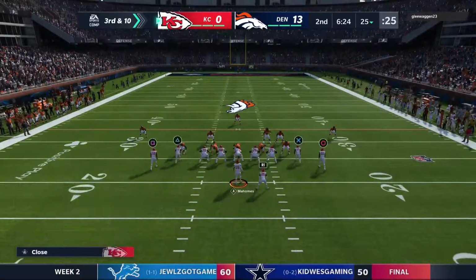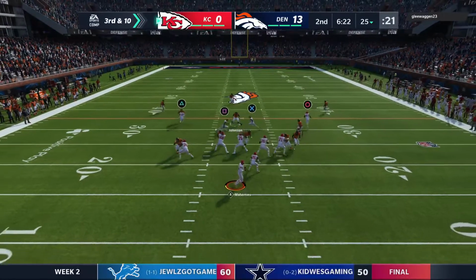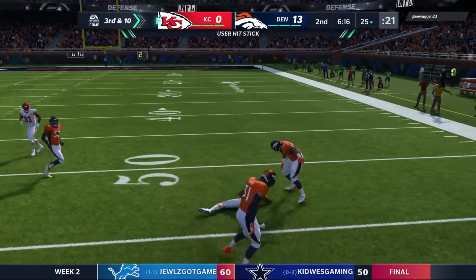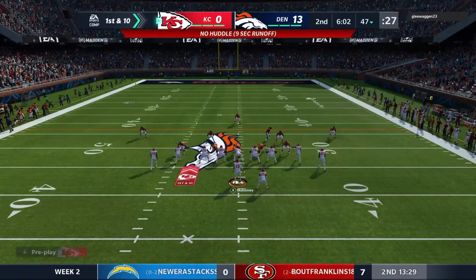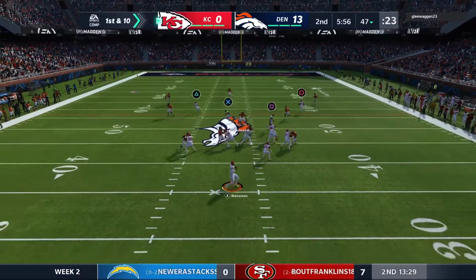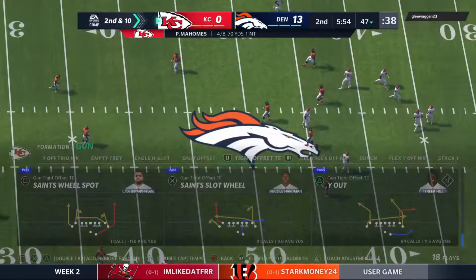Now they face a 3rd and 10 after back-to-back incompletions. Working from the gun, Mahomes. Got a man, and he hits him in stride. And they work this well upfield across the 45. Give them 22 there on the 3rd down conversion. First down. Throwing on first down is Mahomes. And that'll be knocked away. It's incomplete. He was looking for...